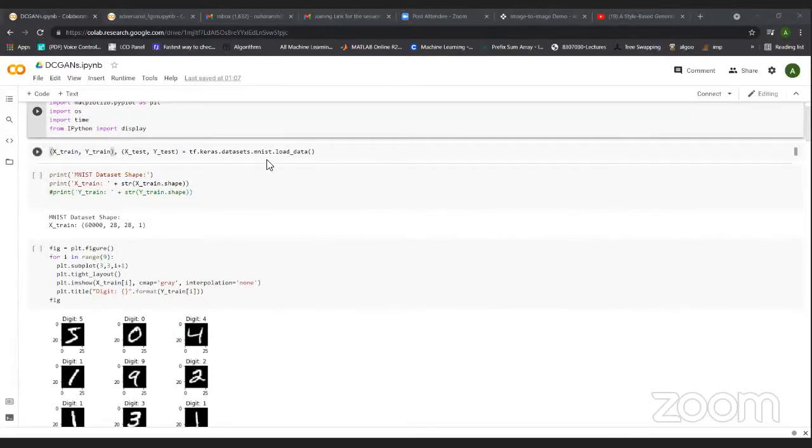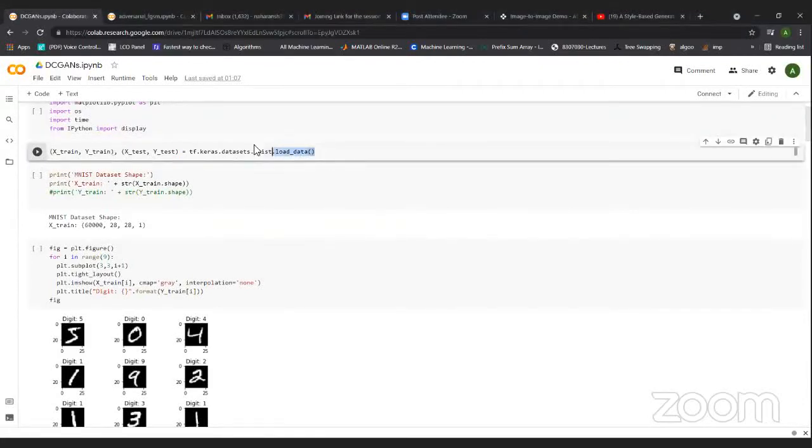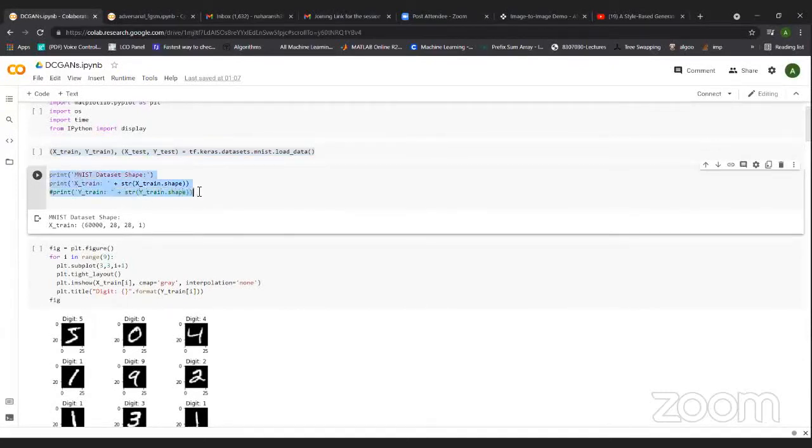So the MNIST data set can be loaded using keras.datasets.mnist. This is how we load it. Let's see the number of images we have in Xtrain, because we don't want to test anything. We just want images for the discriminator that are real, so we do not bother about ytrain or ytest. We are going to label all of them as 1, as they are the real images, and the generated images will be labeled as 0, as I already told you.